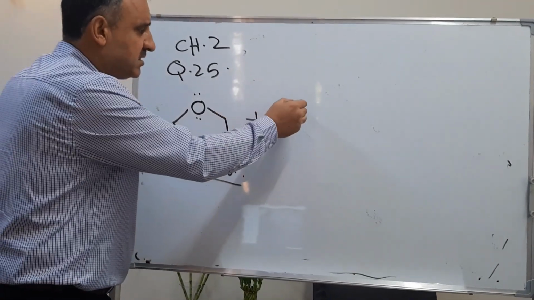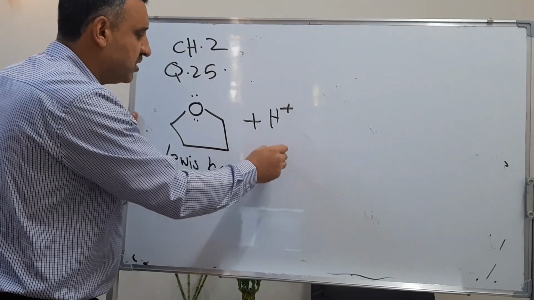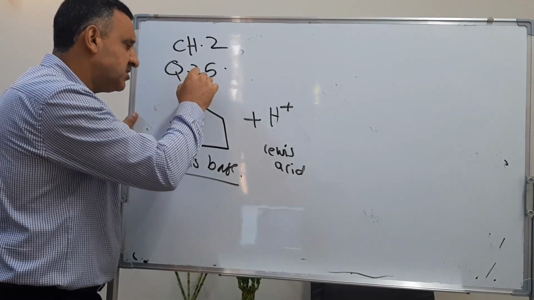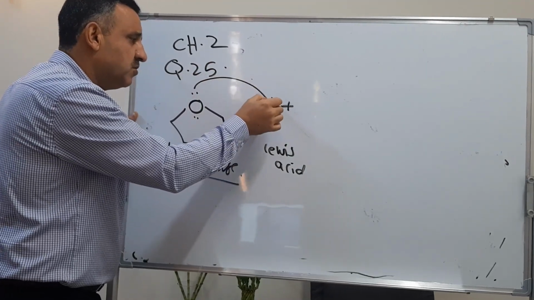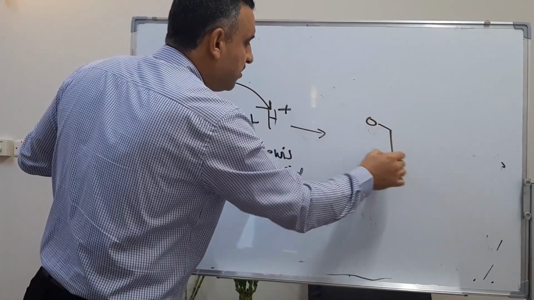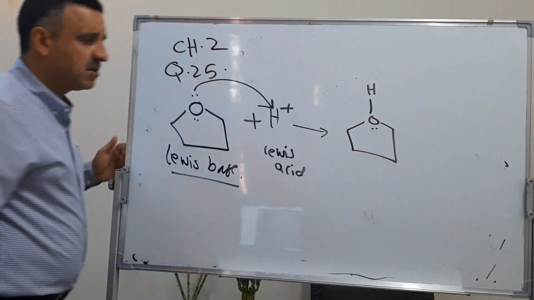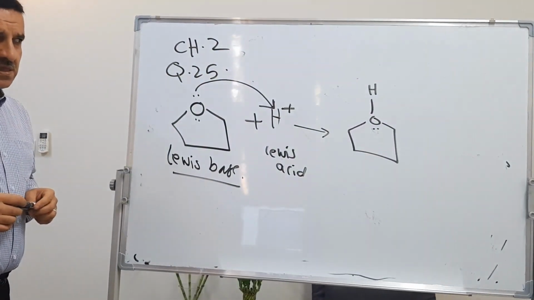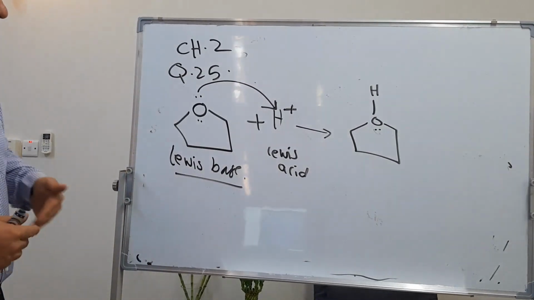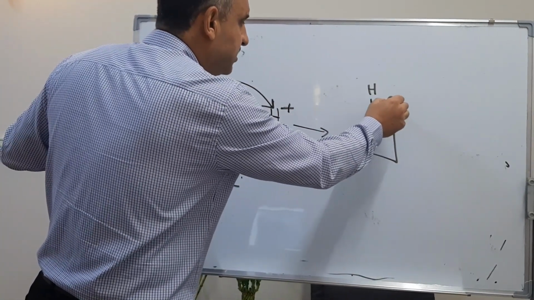That means this hydrogen can accept the lone pair, so it is for sure the Lewis acid. The reaction here will be that this lone pair is given to the H+, and thus a new bond is formed between the oxygen and the hydrogen. In this covalent bond, the oxygen contributed 2 electrons, while the hydrogen did not contribute anything, which means the hydrogen will simply